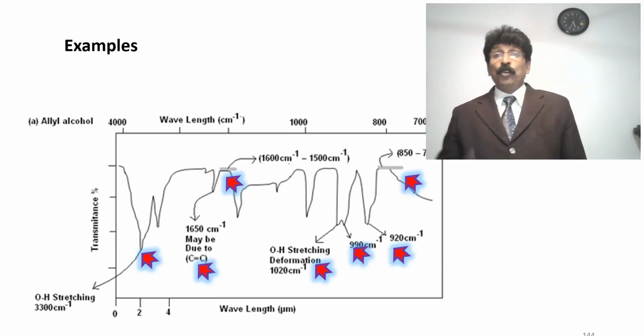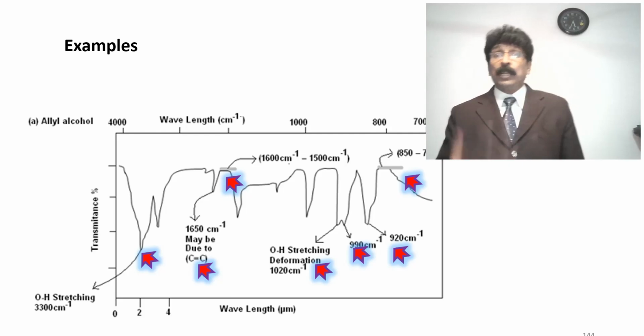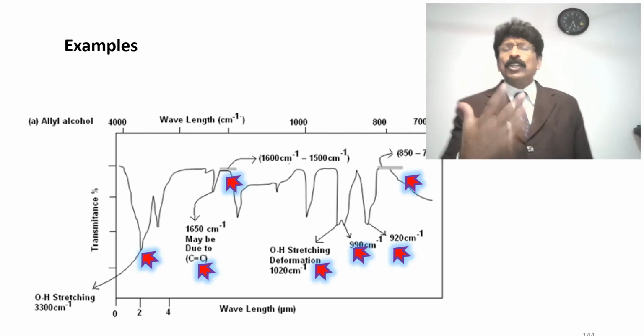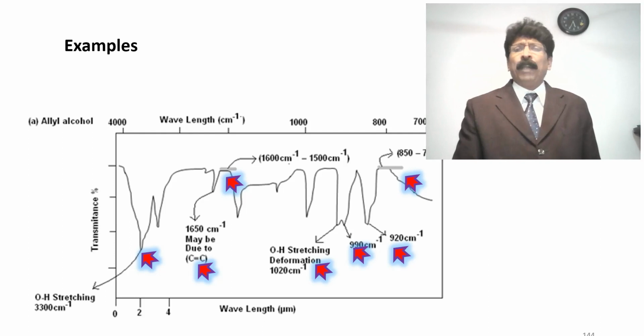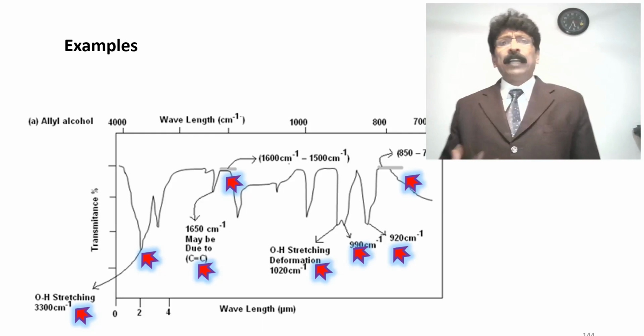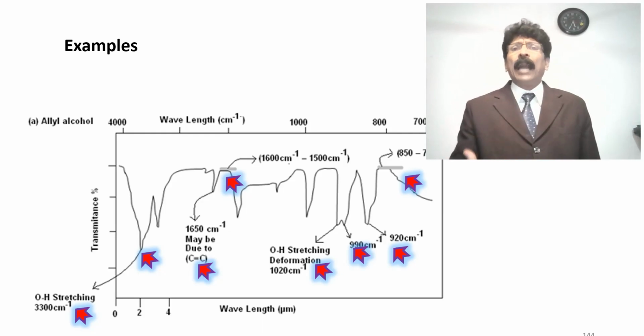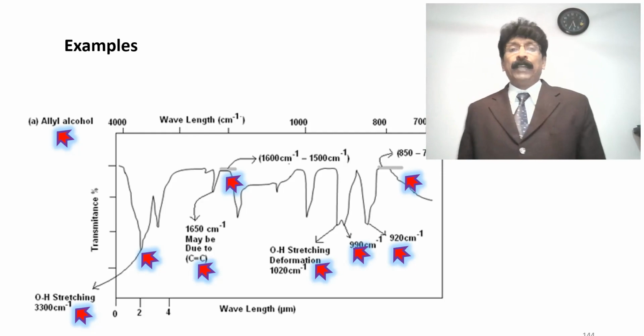To know about these peaks and what IR spectroscopy is, if the student listens, 100% sure there is no need to read any book or anything. You can write a 5 mark question just by listening to this: what type of stretching and bending will take place in an organic molecule when IR rays fall on it. And in allyl alcohol, as an example, because of the C double bond C, an additional peak will be there